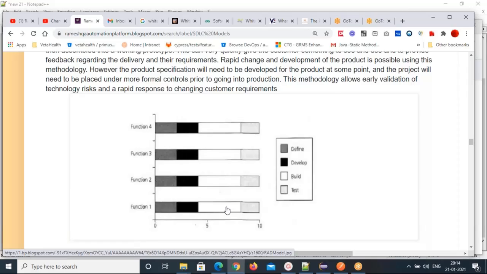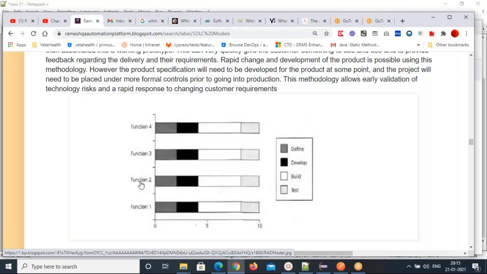You don't need to wait for function 1 to be completed to start function 2. Function 3 doesn't wait, function 4 doesn't wait. All 4 modules, all 4 small components or features, will start parallelly. You don't need to bother about the other one. You develop your module.